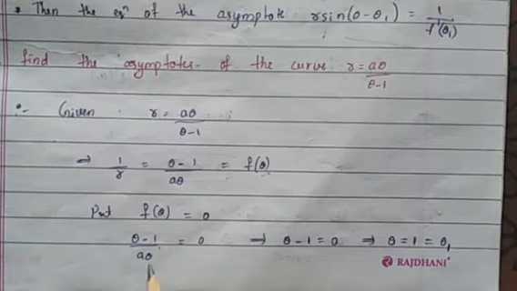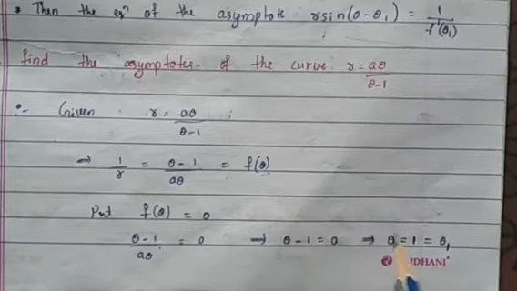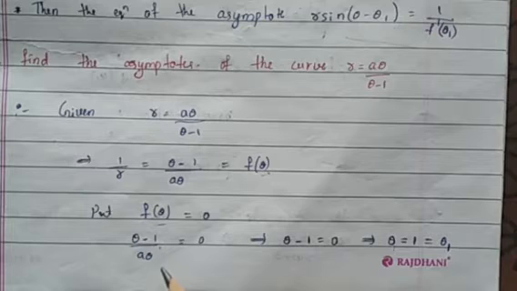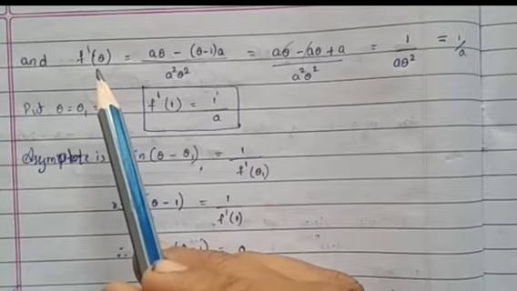Then you take the cross multiplication. You get theta minus 1 equal to 0. Theta minus 1 is equal to 0. You get the theta value as plus 1. You call the plus 1 as theta 1. Theta 1 is the root of f of theta. Got it? After that, we find